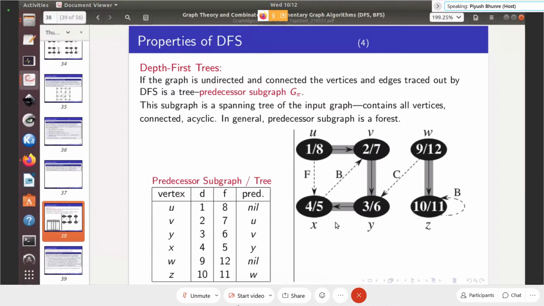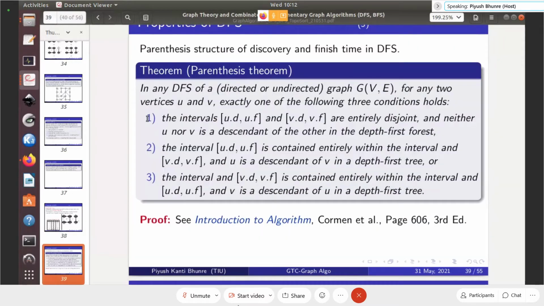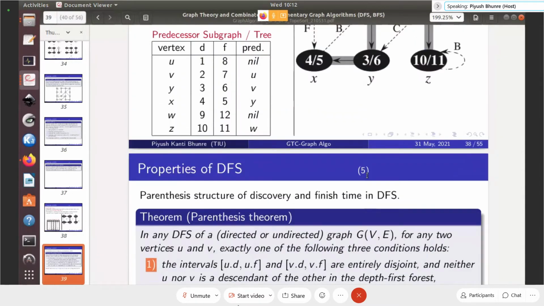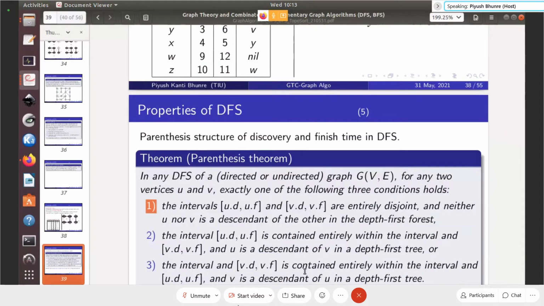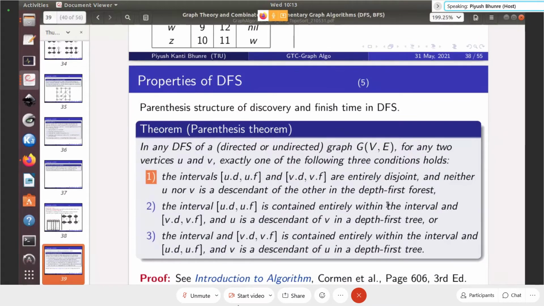Okay, so this is the case when your vertices are basically here, one set of vertices x and y, and another set of vertices may be w and z. So they will show completely disjoint intervals, and that's why there is no descendant or ancestor relationship there. Okay, the second case says that the interval for u is contained entirely within the interval